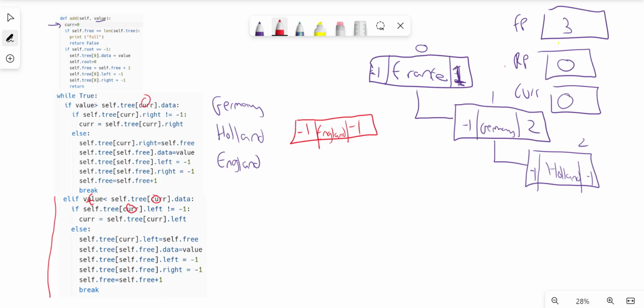We make the free pointer go up by 1. But before we do, look at this line. We're saying self.tree cur, which is 0, so France, set your left pointer to be self.free, which is position 3. So now you've got the left side pointing to here and the right side pointing to here. Interesting. Let's now add